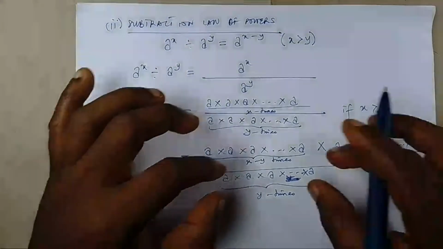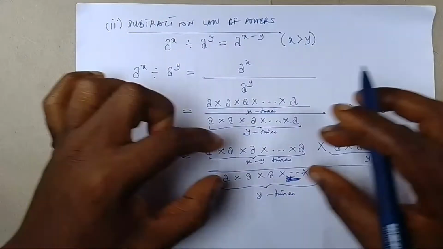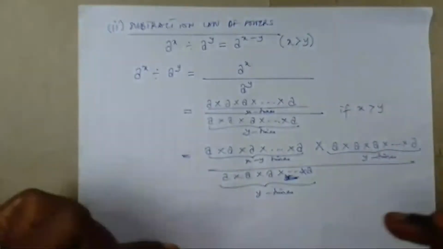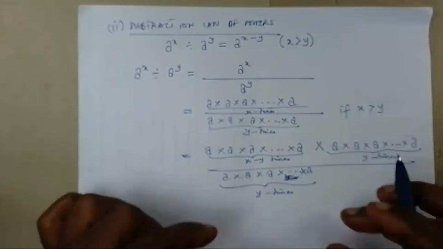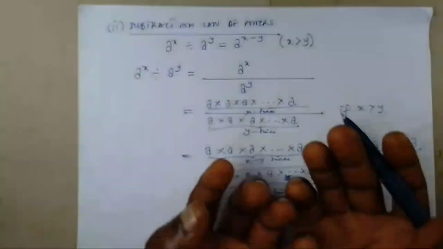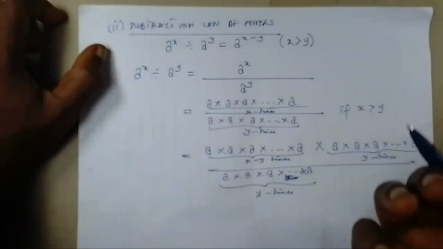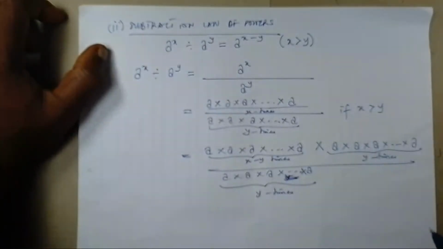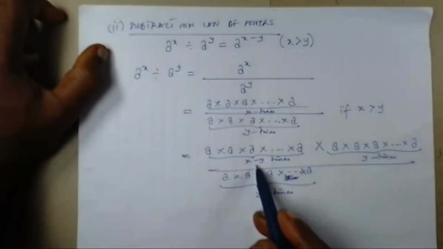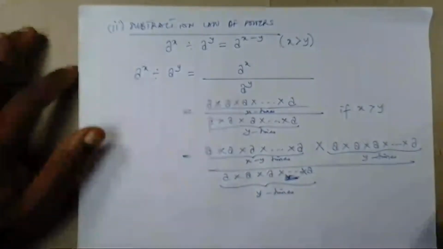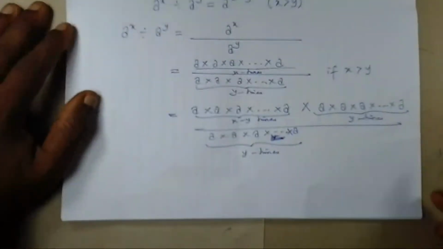Now, if you separate the numerator, since the x a's in the numerator are greater than the y a's in the denominator, it means you can actually extract y a's from the numerator and you'll be left with x minus y a's in the numerator. So once you get that done, that means,